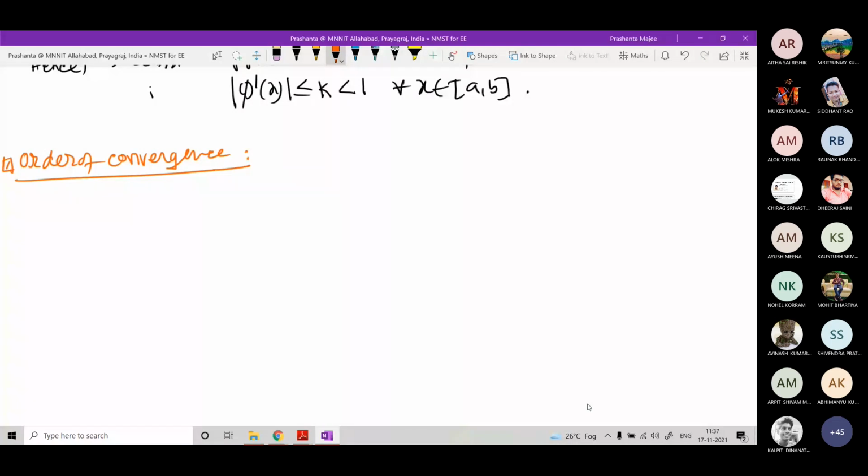So we say a method has order of convergence p if